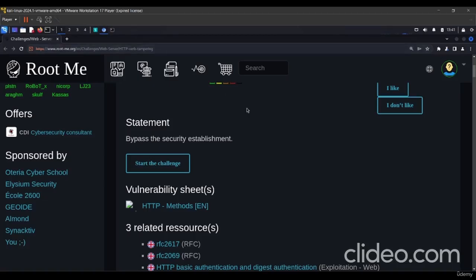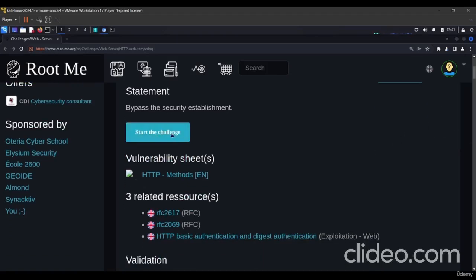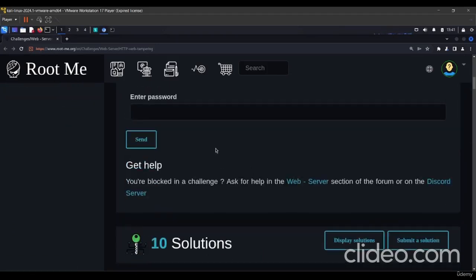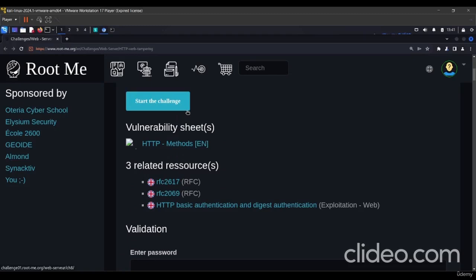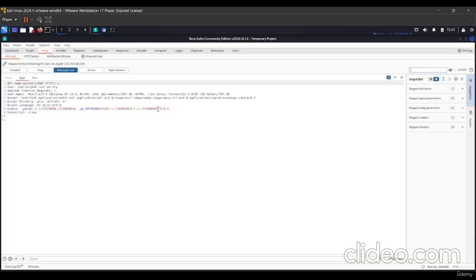Guys, to demonstrate this, I'm using this site, root-me.org, and the challenge is HTTP verb tampering. First you have to register on the site and then click on start the challenge. Here you have to enter the password for the validation. Okay, so click on start the challenge,